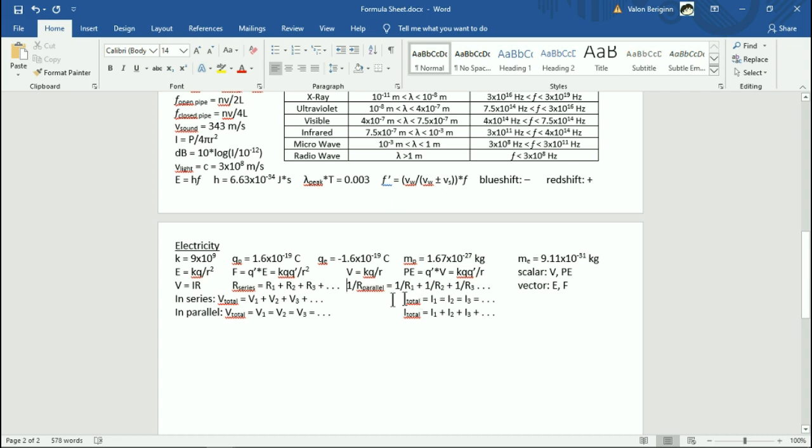And then here's your series and parallel rules for voltage and current. So if you have a circuit that's in series, the voltages on each resistor add up to the total, and their currents are all equal to the total. In parallel, the voltages are all equal to the total, and the currents are summative to the total. So that's what you got for